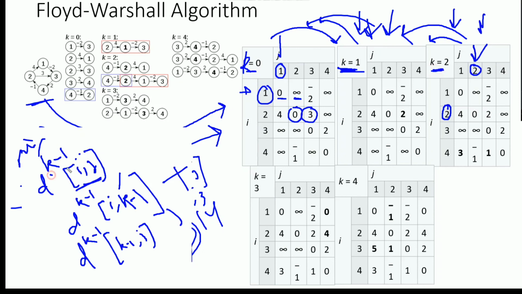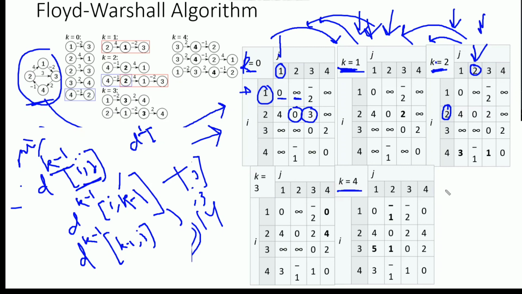So what we have to do is k minus 1. Our intermediate vertex is 2, so 2 minus 1 means 1. So we need to check the previously calculated values where we assumed 1 as an intermediate vertex in order to calculate this. Likewise, we'll be calculating for 3 as an intermediate vertex and for 4 as an intermediate vertex. So there are 4 vertices, so up to 4 vertices we need to calculate it.